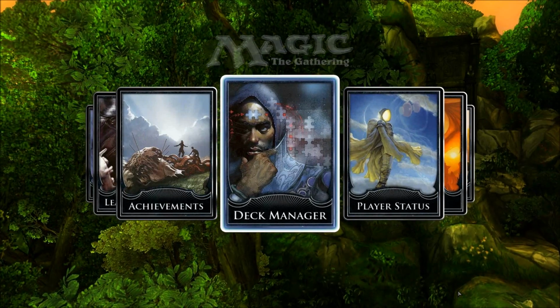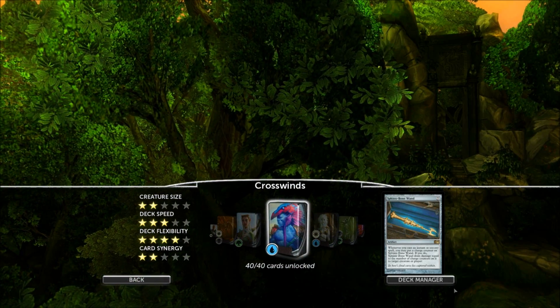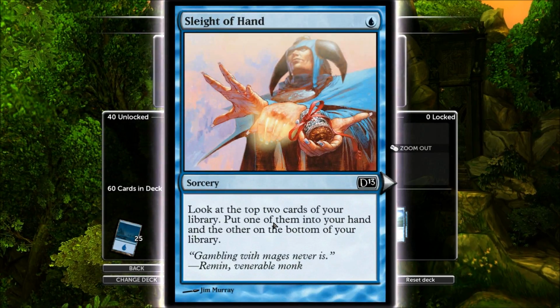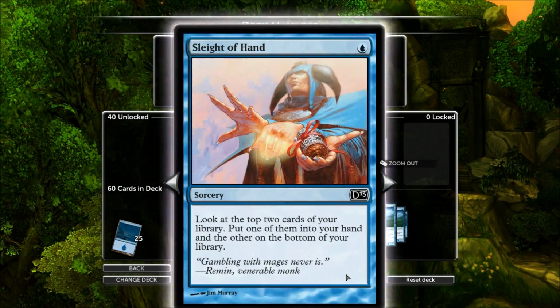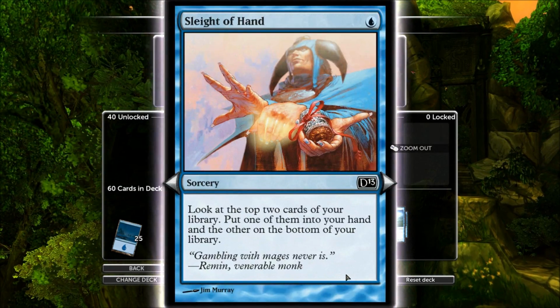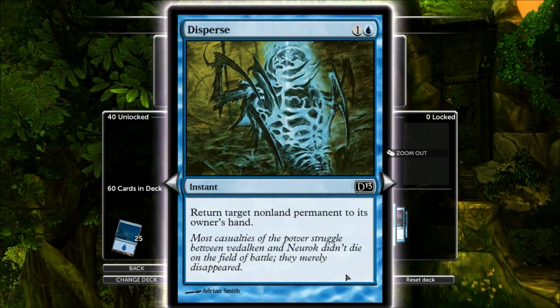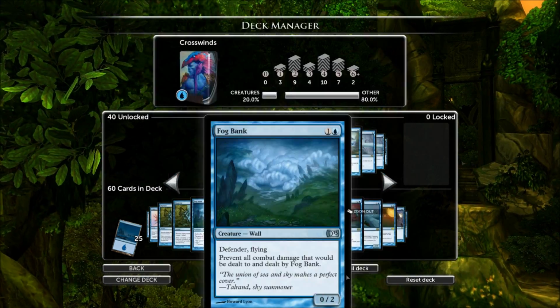Let's go ahead and wrap things up by taking a look at the deck, my Crosswinds build. That was a good last game, I liked it. Alright, so Sleight of Hand, got myself some of those, you know, filter through some cards, try to get some card advantage, etc. A bunch of creature bounce, I've got Disperse here, I've got the Fog Bank for early game